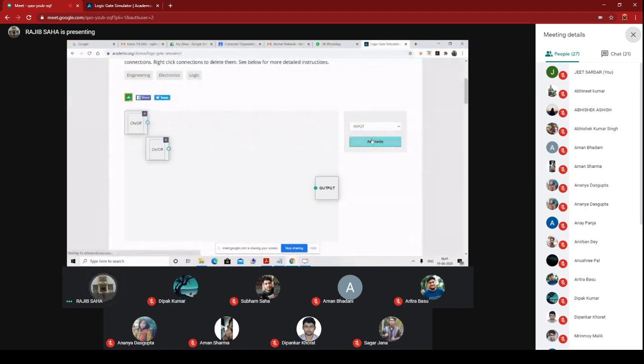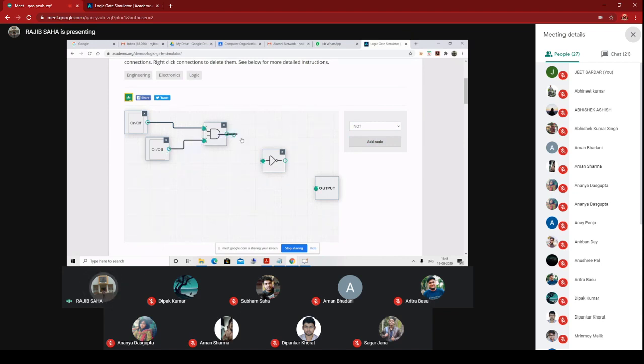So I'll take an input. Then I will take an AND gate. It will come here. Then I will take a NOT gate. It will come at this position. Now I am connecting the inputs.